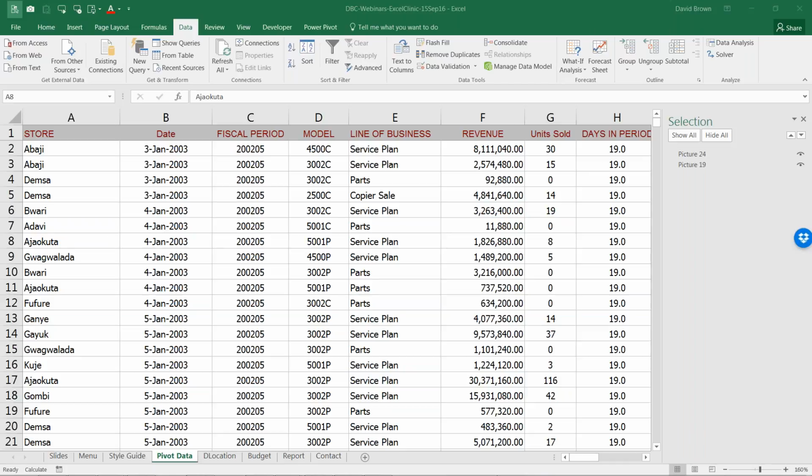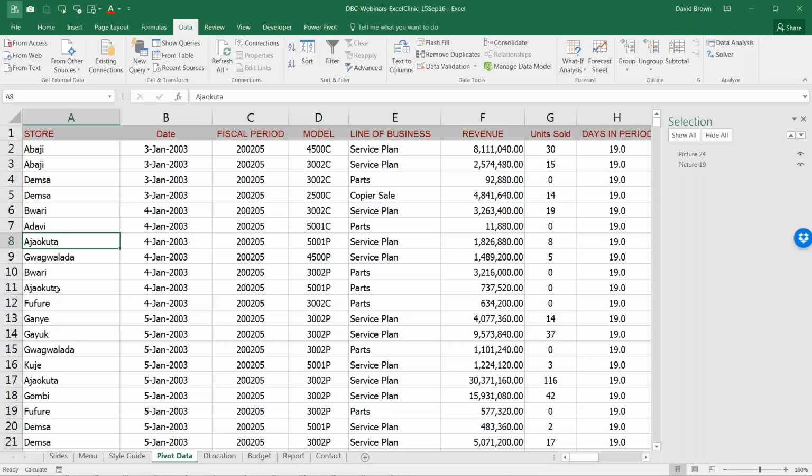Someone says, hey, this is my data. I would like to create a report by region. I want to see regional sales, monthly regional sales. Well, this is the data I have. I have it by store. How can I create a report by region? Anyone? Or let's even say state. How can I create a report by state?